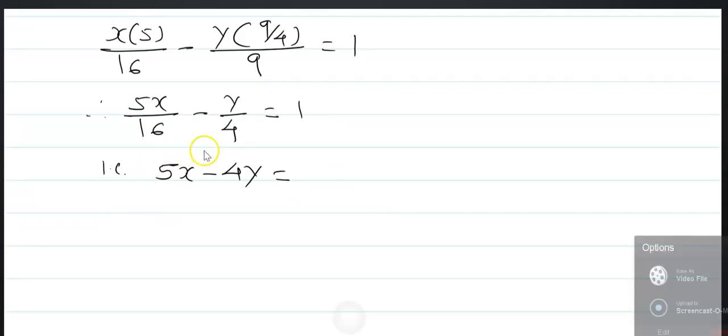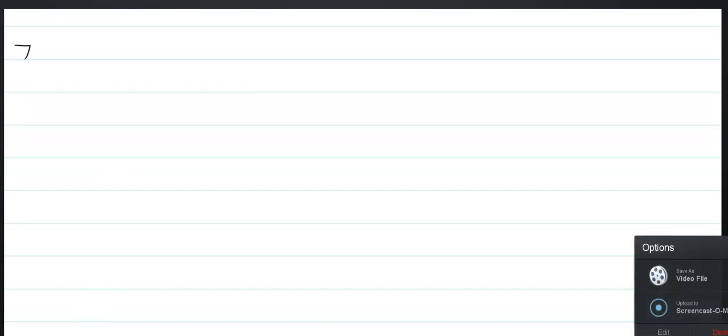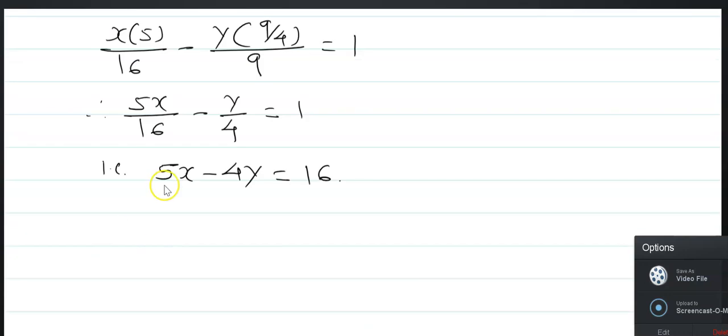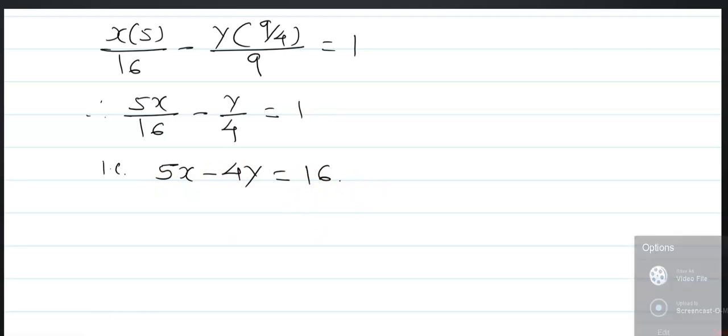Then 5x minus 4y is equal to 64. I will repeat this here: 5x minus 4y is equal to 16. Sorry, it is not 64, it is 16. Now the next is